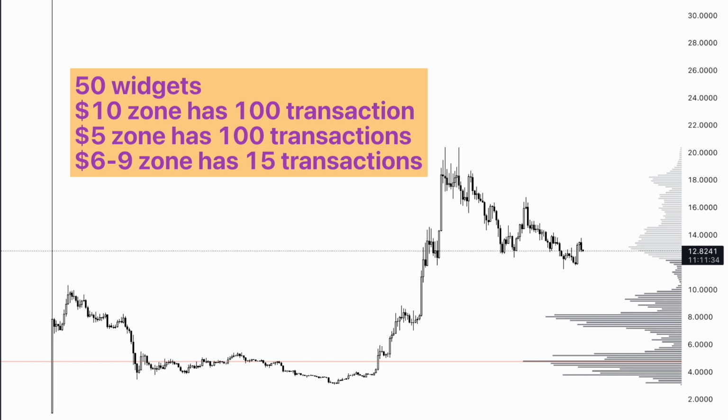Now, when you get to an area in this example where you get to the 10 or the 5, a move outside of one of those zones can be more predictable because you've got more market participants, you've got more volume, you've got an actual clear direction when it moves away from that. And so what you need to realize is if you're trading crypto on the weekends or you're trading in between key levels,